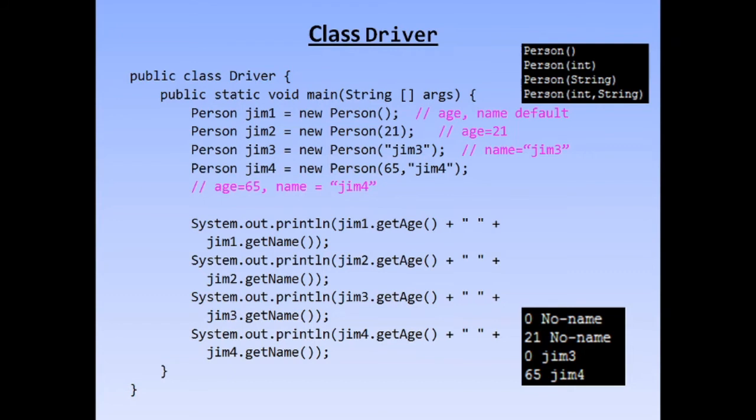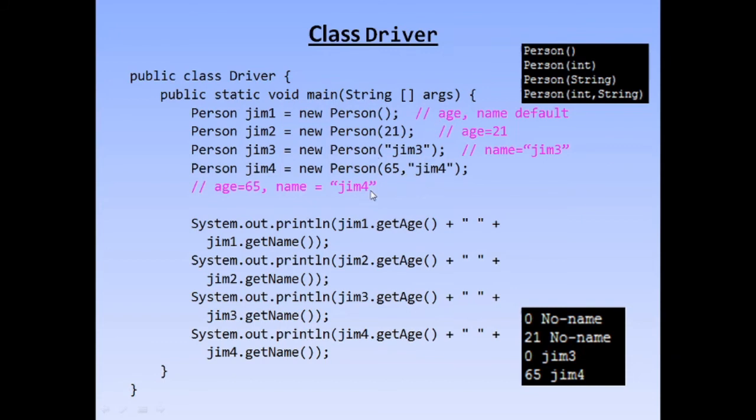Now, as you can see, our driver class has been shown over here: public static void main(String args). There are 4 objects created of the Person class, and all these 4 constructors are different. First of all, the default constructor, then only an integer is passed, then for the third the string is passed, and in the last case an integer and a string are passed. So it will accordingly fire the constructor which has the same types of values of attributes.